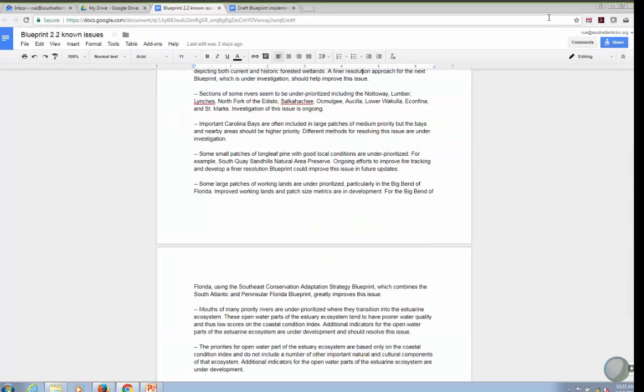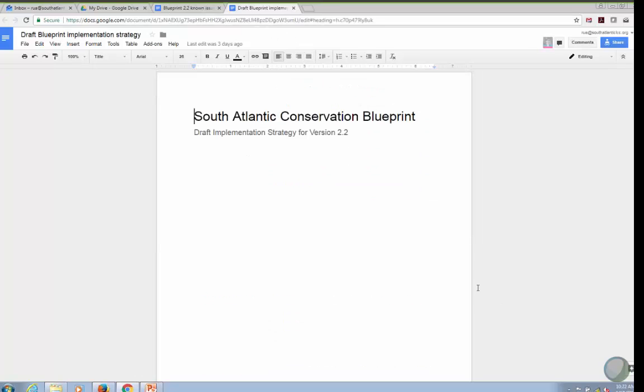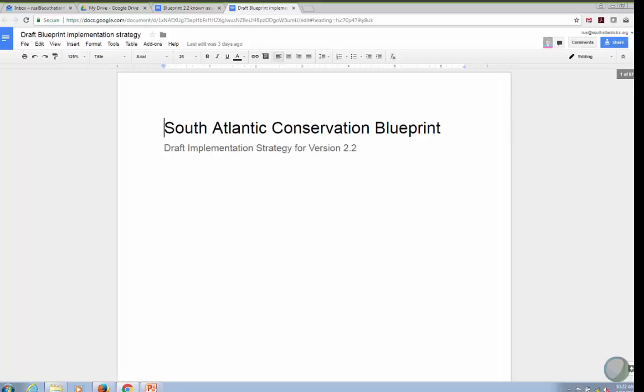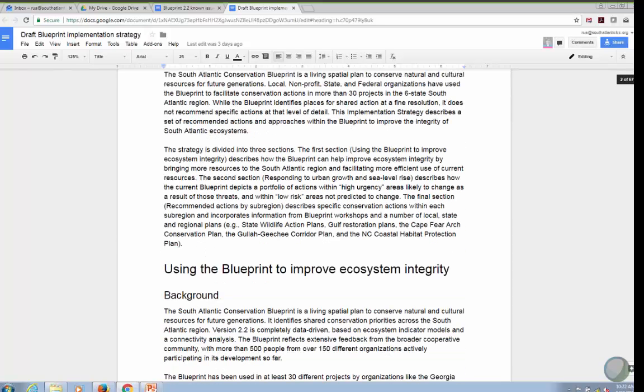But I want to give you a quick sneak peek of what the implementation strategy looks like here. I'll make it a bit bigger. So what we have here, other than our executive summary,